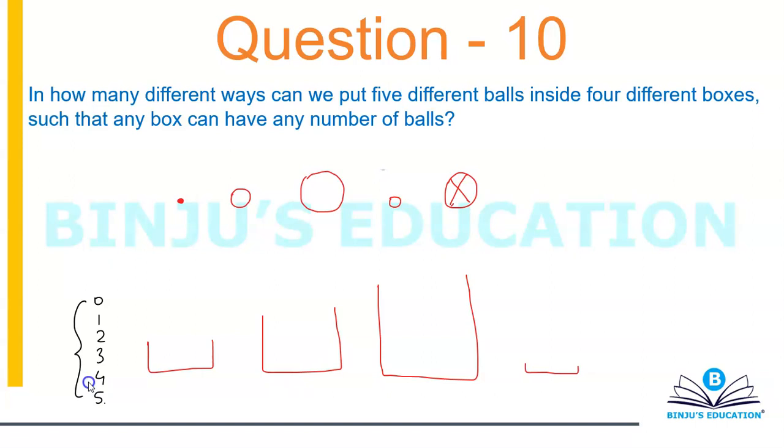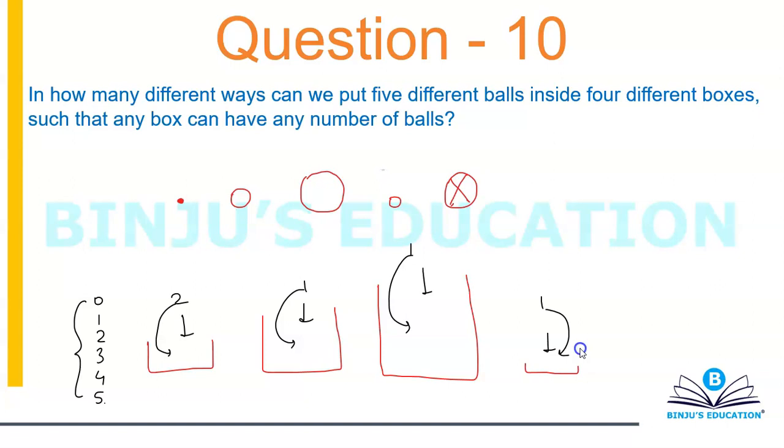Now if I start solving this question from the perspective of a box, then it may happen that there are 2 balls inside the first box, a ball inside the second one, a ball inside the third one, a ball inside the fourth one. I'm just taking one of the cases. Now since the balls are also different, it would matter which 2 balls are inside this box, which ball is inside this box, and so on, because the balls are different and boxes are also different. So the arrangement would matter. Which balls are going inside which boxes, that would definitely matter.